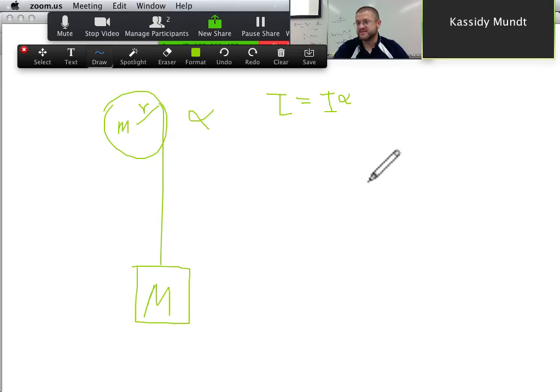Where the I is dependent on the shape, this being a disk. You look that up and figure out what it is and plug in the formula for I for a disk. It's going to have a mass and a radius squared in it. And then the alpha is the thing that they either want you to calculate or they give you. But there is a torque involved. Because there's a torque involved, there is a force that is causing that torque. What is the force that causes this torque?